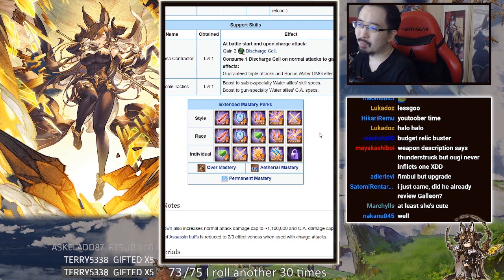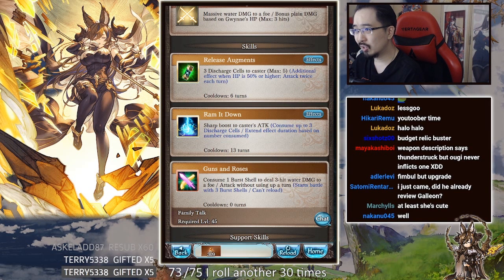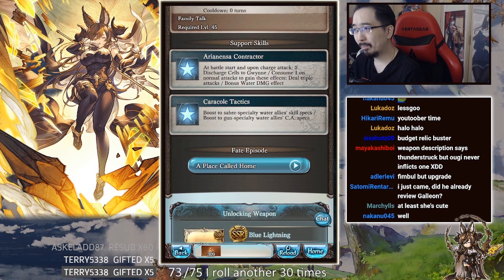I don't think I'll really bother with the HP just because she already has a relatively good amount of HP. And it's not like she has any downsides of, what's that, lesser defense or whatnot. I don't think they ever mentioned that. Like when she has no discharge cells, they didn't say that she'll be dead on the ground or something like that, right? So